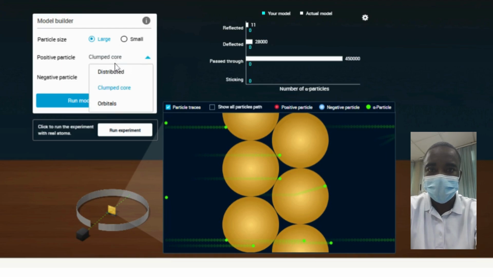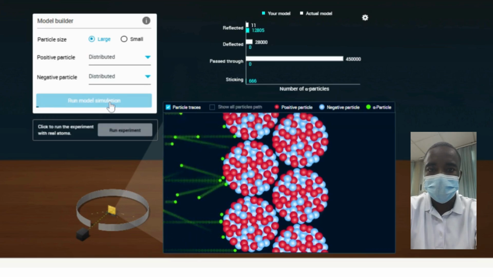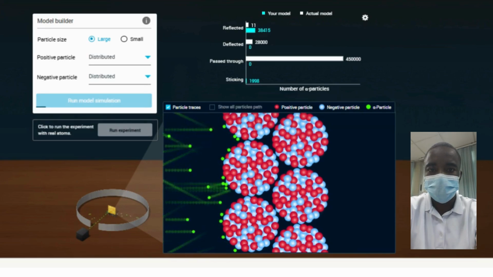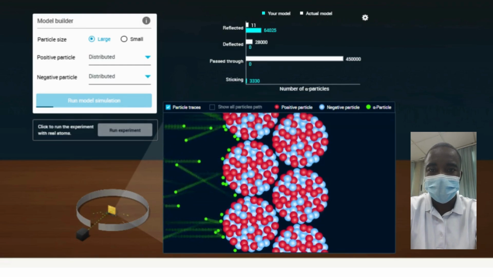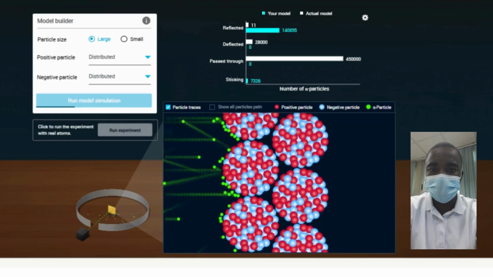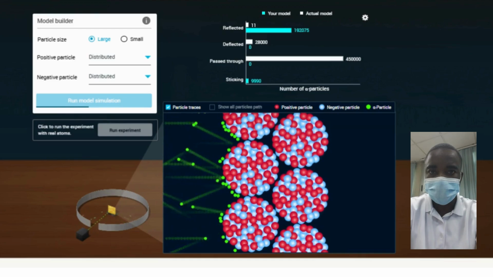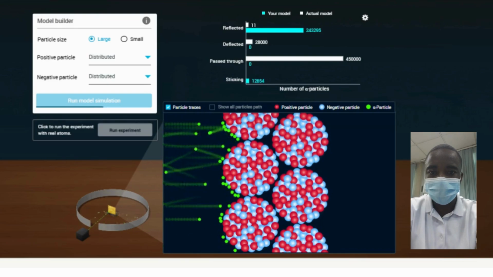Rutherford's findings paved the way for quantum theory, which describes how electrons behave around the nucleus. By understanding atomic interactions, scientists can design stronger materials and develop microscopic technologies for various industries. Students should recognize that what began as a simple experiment over a century ago has shaped much of modern science and technology. Through this simulation of Rutherford's gold foil experiment, students gain insight into how scientific discovery progresses through observation,